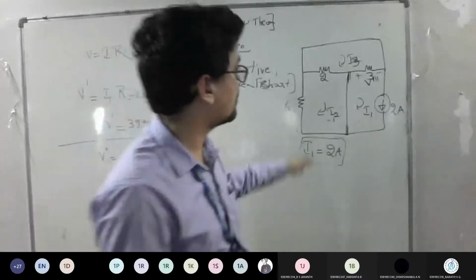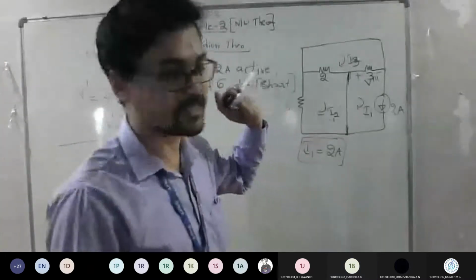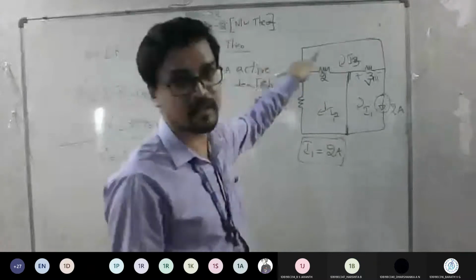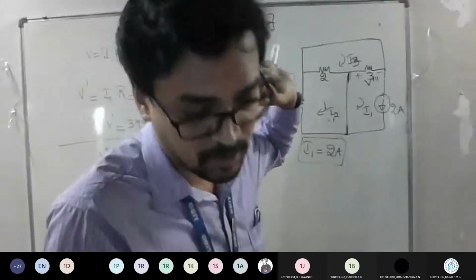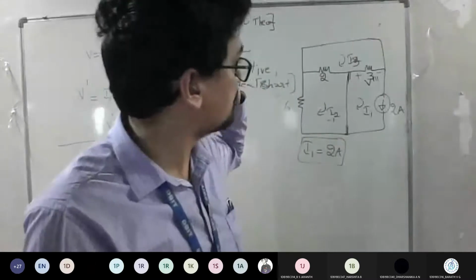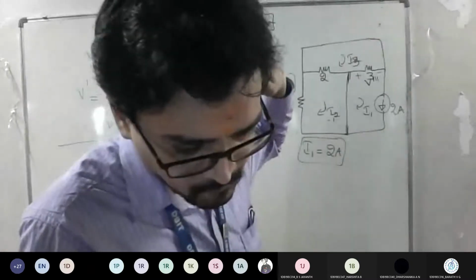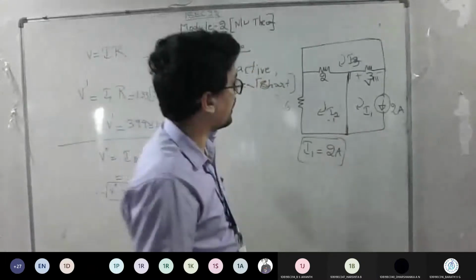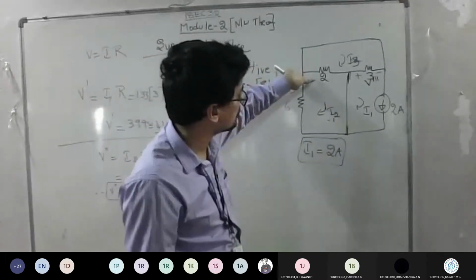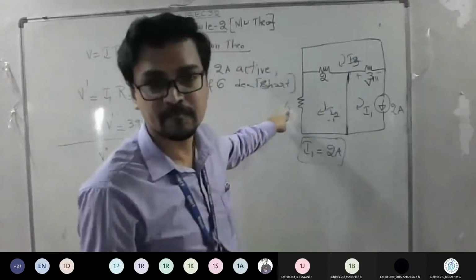Or you can simplify. Look at here, just look at here carefully. So you can apply the concept of branch current logic also. I hope I taught you the concept of branch current. So how to proceed with that? How to get that branch current? See, look at this. This 2 and 6 are parallel. Agree?